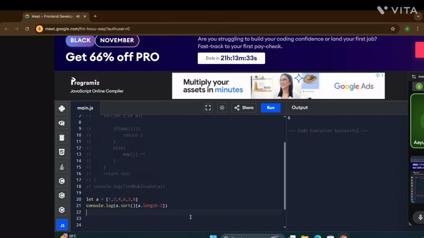What is the difference between let, const, and var? Let and const are both block scoped, and var is global scope. In our JS, var is hoisted, and let and const are also hoisted, but they go to the temporal dead zone. Okay. What is a promise?